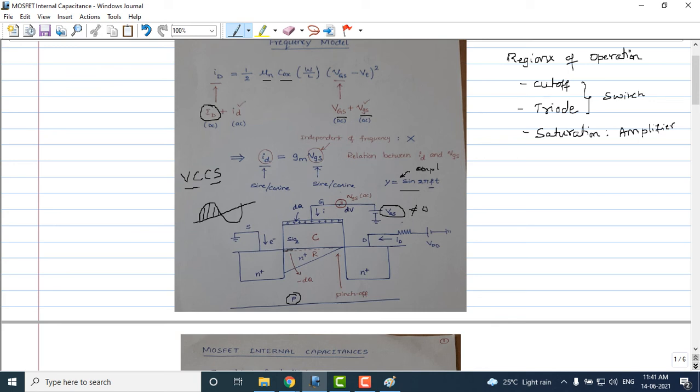This entire thing is a substrate. Now you can see that there are two different plates. Here we have silicon dioxide, which is a dielectric. So what is a capacitor? Two plates separated by a dielectric like this. There is an upper plate, which is metal or polysilicon, and there is a lower plate, which is the P-type substrate, and here we have silicon dioxide, SiO2, this region. So this behaves like a parallel plate capacitor.